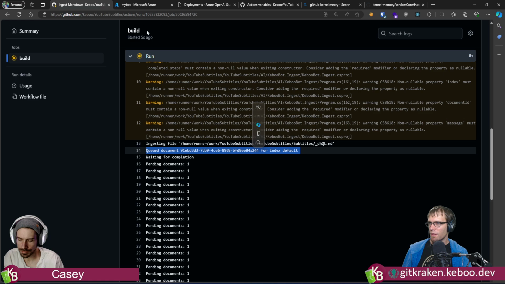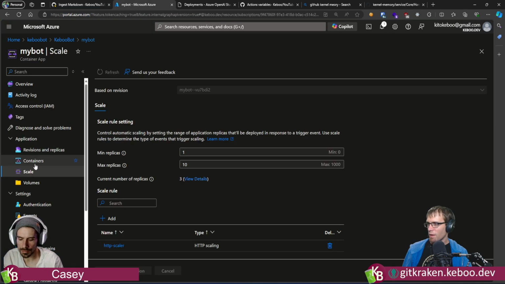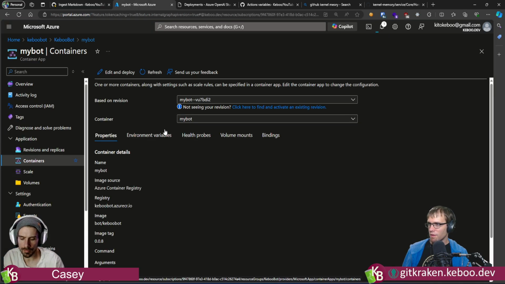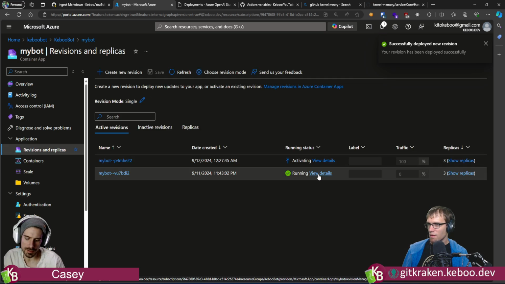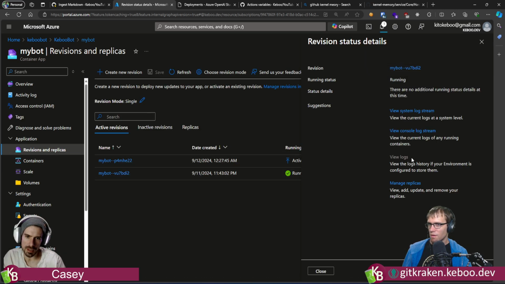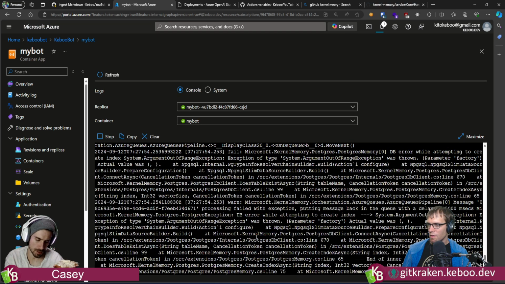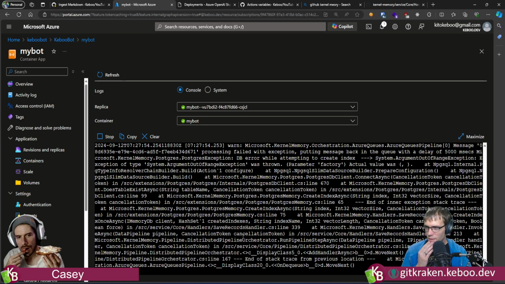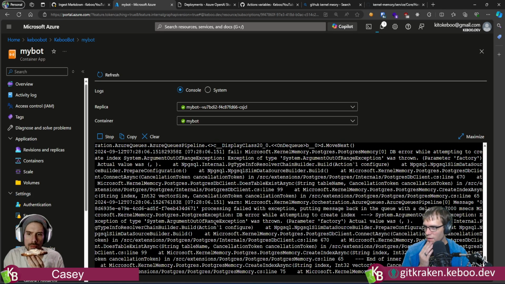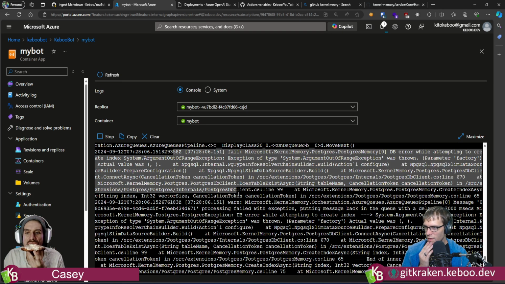Queue document for index default. Problem is I may have just screwed my ability to look at logs. It's possible. That's a log stream. See, we are looking for a timestamp that is 27, 28, same error.